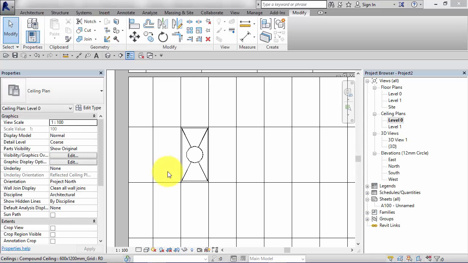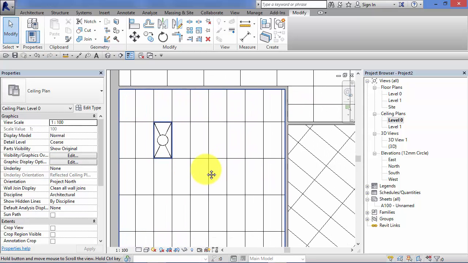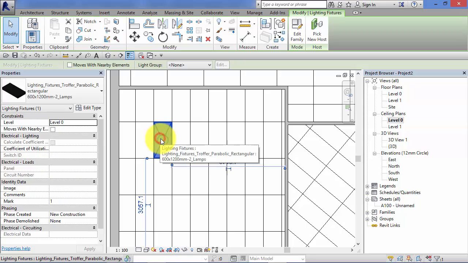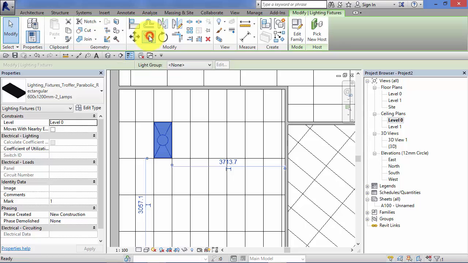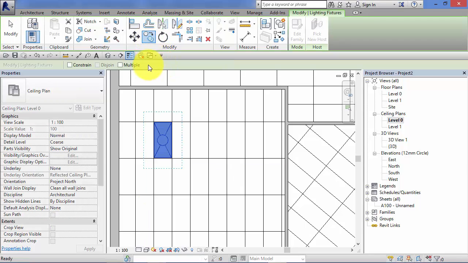Okay, so we've got one light fitting sitting on our ceiling in the correct orientation and aligned nicely with the ceiling grid. Let's go and create the rest of our layout, and to do so what we need to do is select the fitting. You can use the copy command. Again, I'll be going through the copy command in a lot more detail later on, but for now let's select